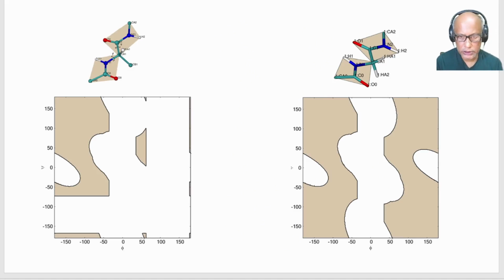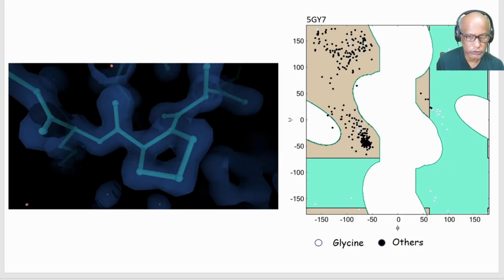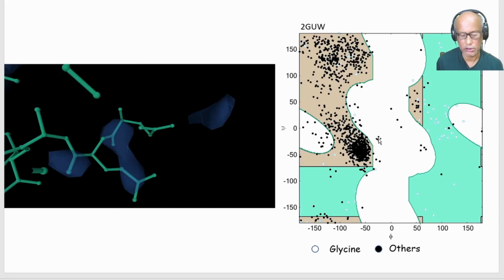So in this lecture, we have seen some of the different kinds of unusual Ramachandran maps, and we had also discussed why residues go into disallowed regions: because of errors in the crystal structure. In a good crystal structure, they are all very fine. In a not so good crystal structure, they are not very fine. And nowadays it is common for experimentalists, crystallographers, and NMR spectroscopists to check their structure, whatever they have solved,